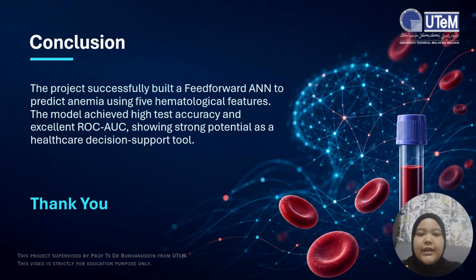To wrap up our presentation, our project successfully designed and implemented a feed-forward artificial neural network tailored for the critical task of predicting anemia. By leveraging just 5 routine hematological and clinical features, which is gender, hemoglobin, MCH, MCHC, and MCV, we have demonstrated that a streamlined machine learning architecture can extract highly meaningful diagnostic patterns. The empirical results speak for themselves. Our network achieved an exceptional test accuracy of 97.53% and a near-perfect ROC-AUC score of 0.9975, proving the model maintains an excellent true positive rate while keeping false